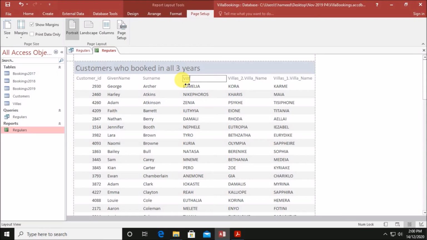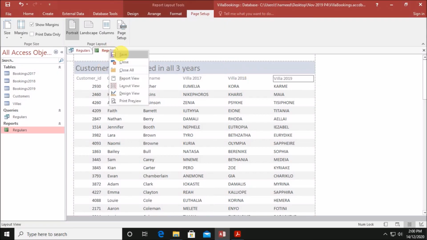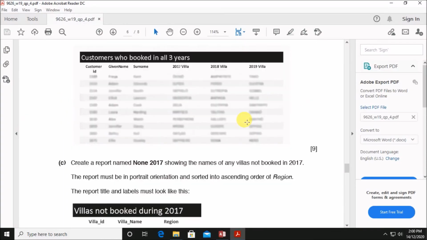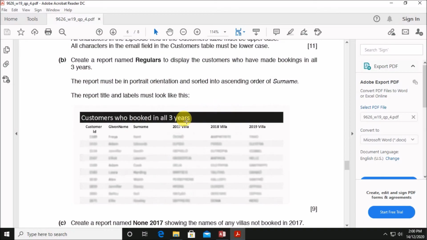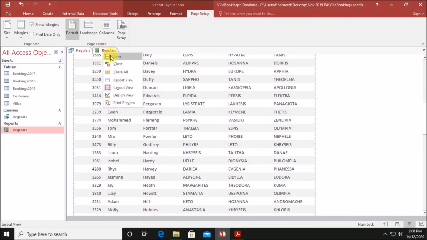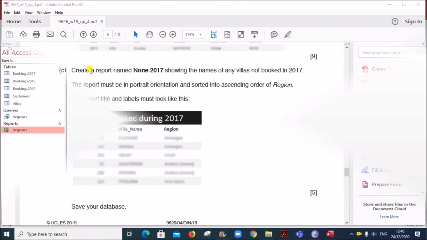This should be Villa 2017. This should be Villa 2018. And Villa 2019. Save this. So this is the required report. You can save this report.